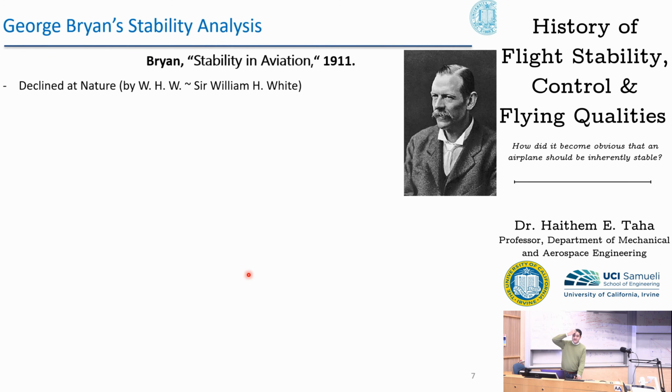Interestingly, back in the days, the reviews used to be published, and the reviewers used to sign by initials. So the reviewer who rejected this paper signed by WHW. And people guessed that this must have been Sir William H. Wright. Interestingly, there was a heated discussion between William Wright and George Bryan earlier on a topic that is very irrelevant, on the division between mathematicians and engineers and so on. We're not saying that this was the main reason behind the rejection of this paper, but unfortunately, this is something that we see in academia.